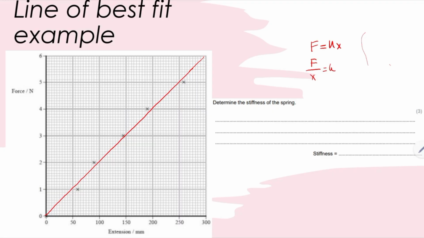So now we need to find the coordinates of the top point and the bottom point to get the most accurate results. First we need to find the coordinate of the top point, which is 295, 6, and over here will be 0, 0. And so we do the change in y over the change in x, so it will be the change in force over the change in extension. So you do 6 minus 0 and all of that over